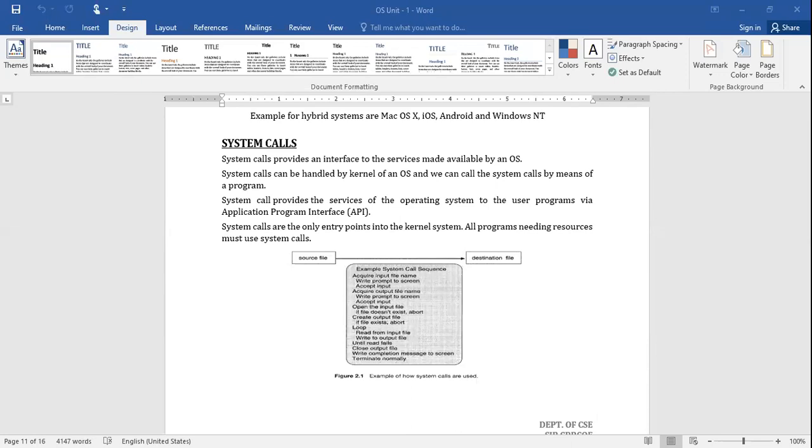Okay. In all the cases, what we have observed is the way that the operating system has been constructed in order to fulfill the user requirements.